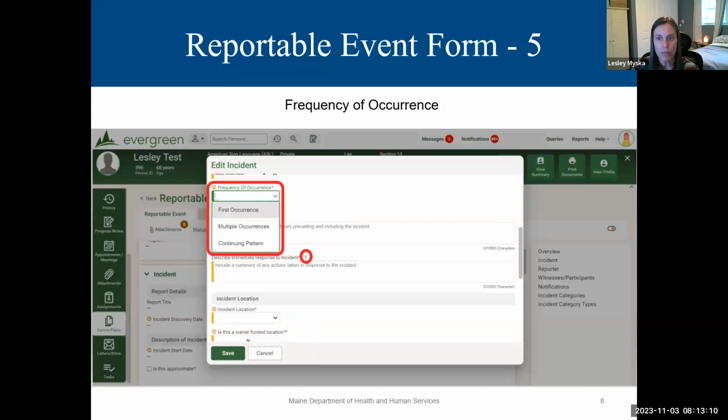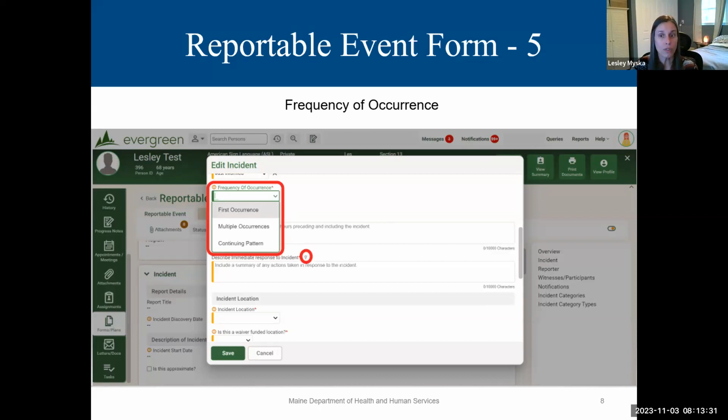The Evergreen reportable event form also includes a frequency of occurrence drop-down pick list with options of first occurrence, multiple occurrences, and continuing pattern. You should select the response that aligns with your understanding.